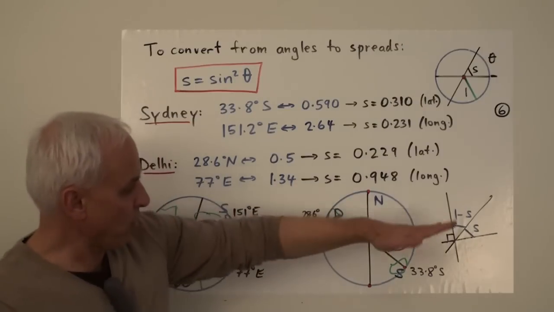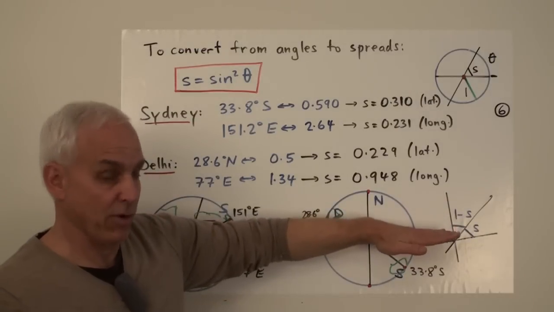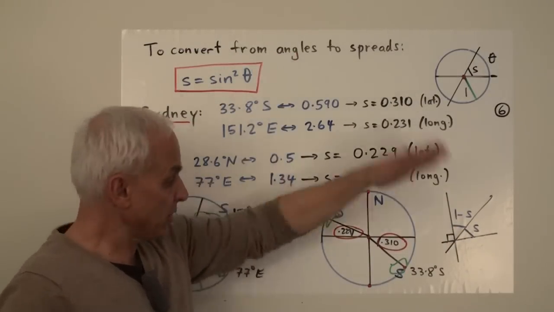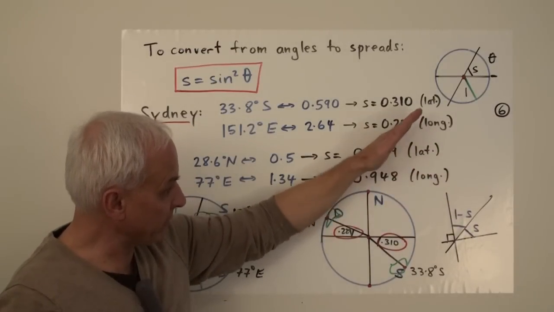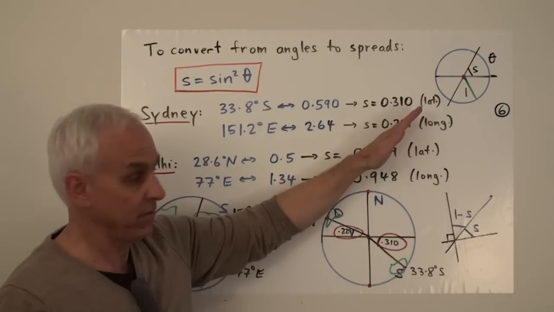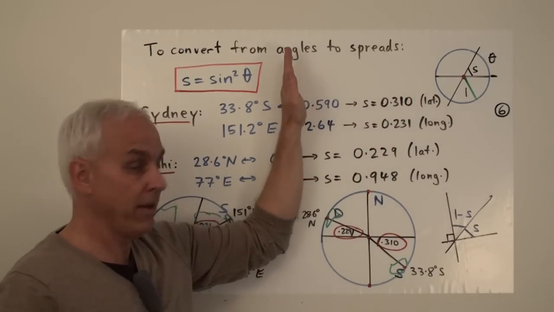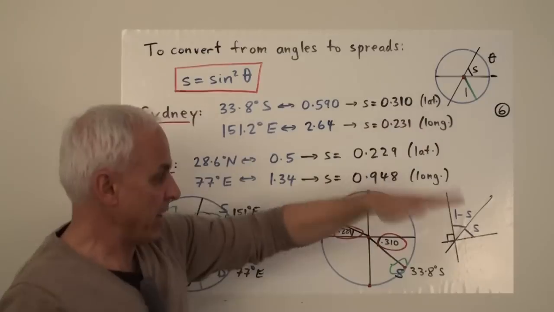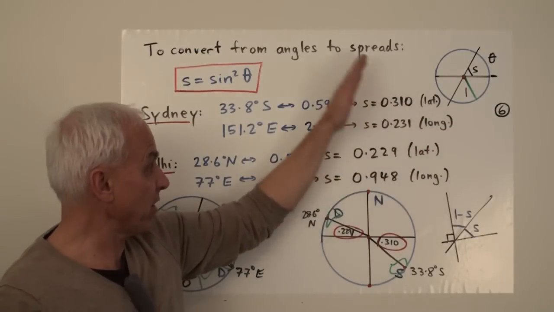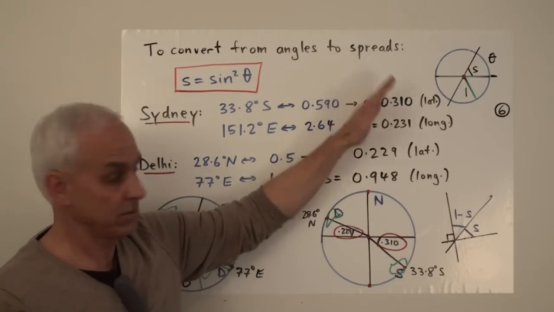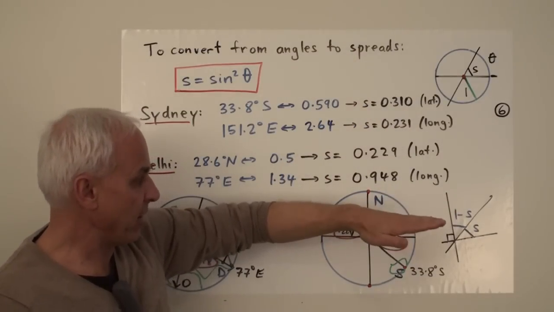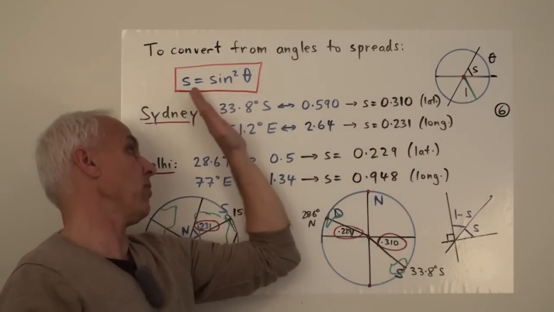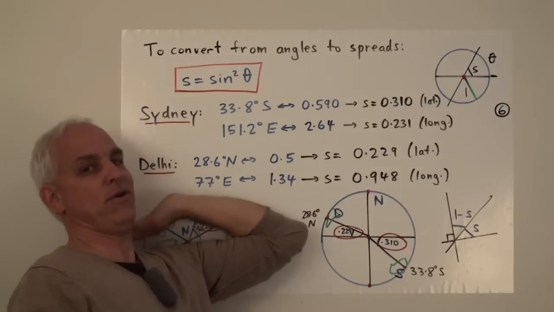Let me remind you again that if the horizontal is our reference frame, here's how spreads work. Spreads go from 0 to 1. And then if you keep going, they go back from 1 to 0. So it's 0, 0.1, 0.2, 0.3, but when you get to 45 degrees, that's a spread of a half. And then it goes from a half all the way up to 1. And then if you keep going, it goes back to a half again, then back to 0. A spread of 30 degrees is exactly a quarter. A spread of 60 degrees is exactly 3/4. So the crucial angles correlate to the spreads 0, 1/4, 1/2, 3/4, 1. And then it goes 3/4, 1/2, 1/4, 0 again.